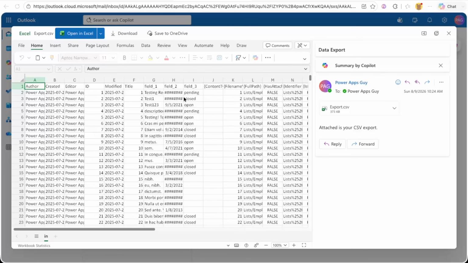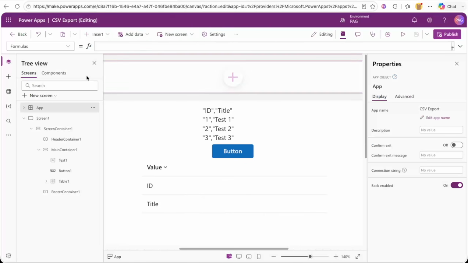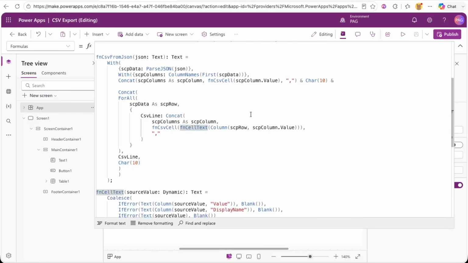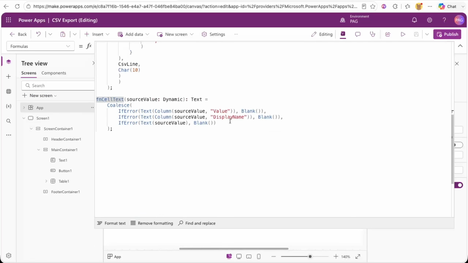Now, if we look closer at the header row in this last export, we'll notice that the columns came out in an order that we didn't specify. That's just a side effect of how the JSON function serializes a record, and most of the time we're going to want control over that. So next we'll build a version that lets us set our own column orders as well as which columns to include. In our app formulas, we'll go ahead and create a user-defined type called